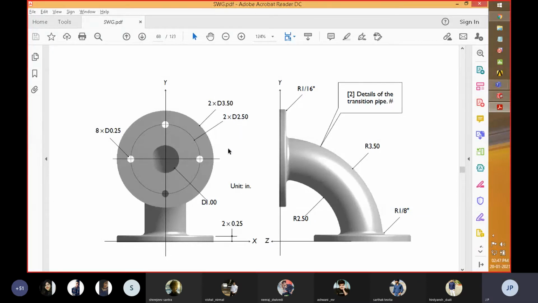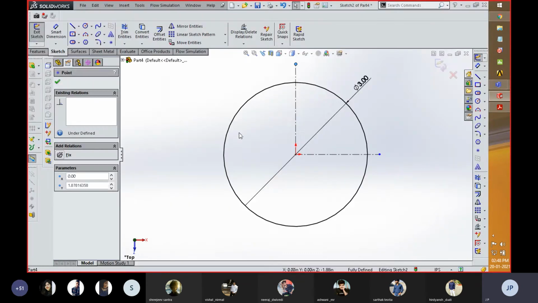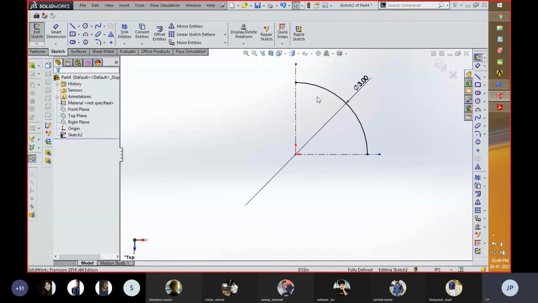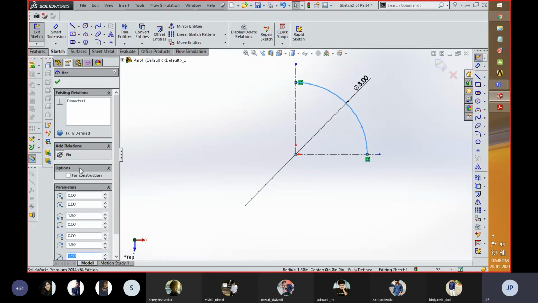So the thickness of this part should be 1.5. Okay, it is 1.5. I'm just creating a path which is to be followed by two circles, and one more thing I need to do is put this circular path in construction mode.